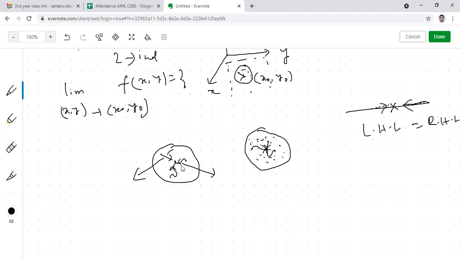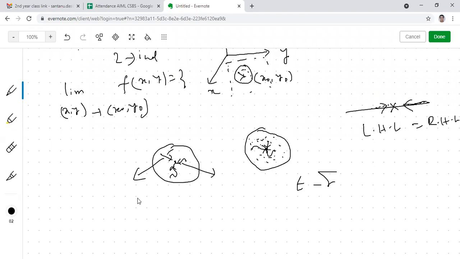So if a problem is given where you find that for two different paths the limiting values come out the same, from that you can't say that the limit exists, because you need to check the third path. So for the problems which will be given to you, the limit won't exist, because if you want to show that the limit exists by this method, it is not possible. You can only prove that the limit doesn't exist. Is that clear or not? Yes, sir. And if you need to check the limiting values, then you need to check by the epsilon delta method. If I get time, I'll discuss this method later on.